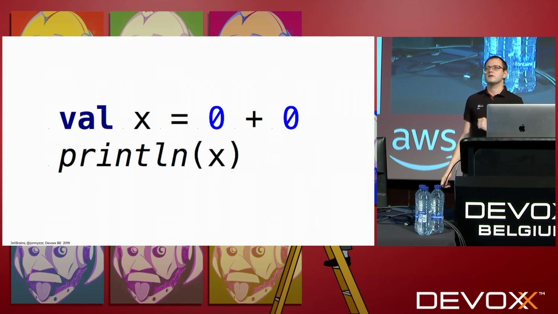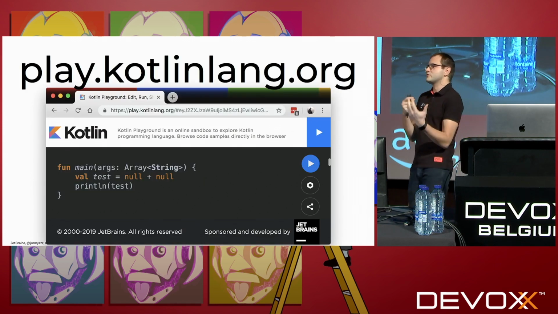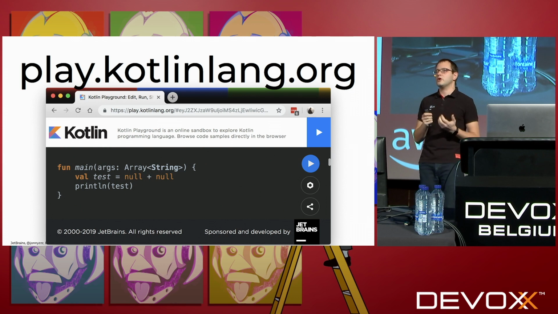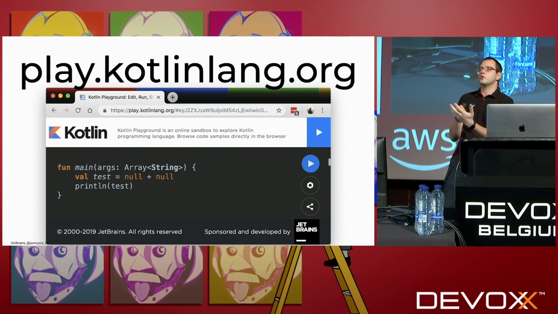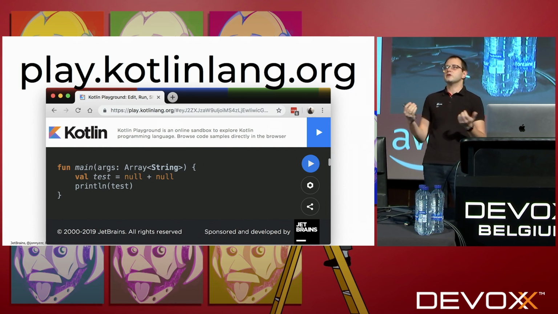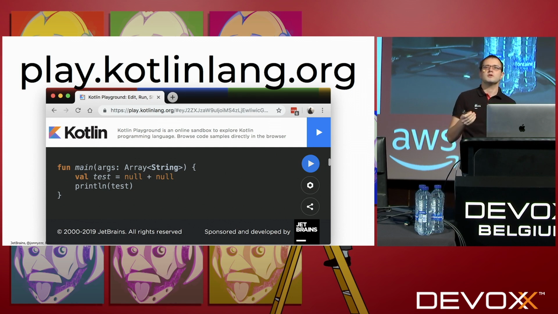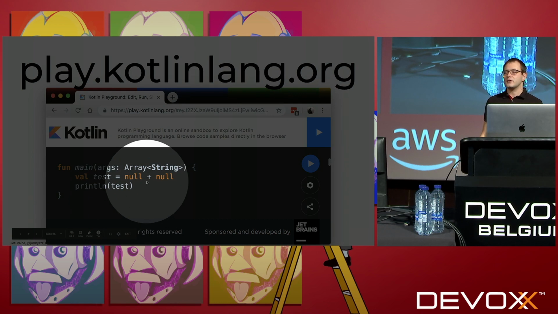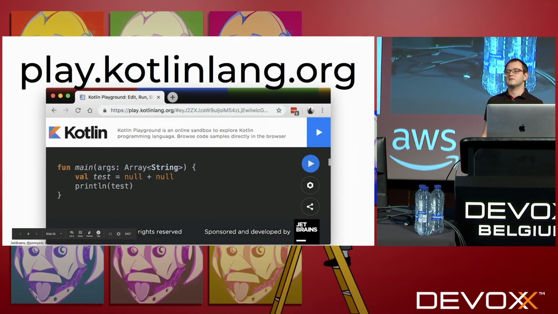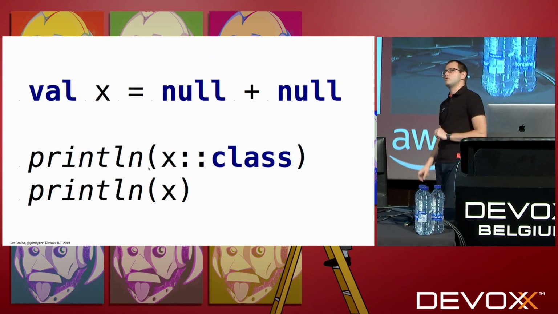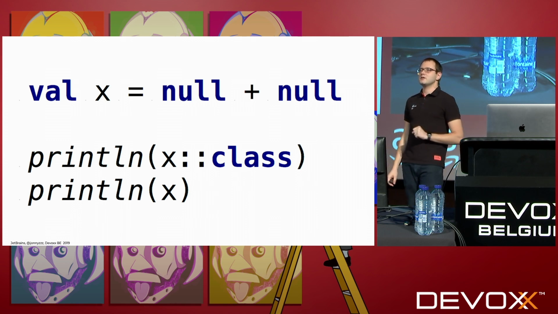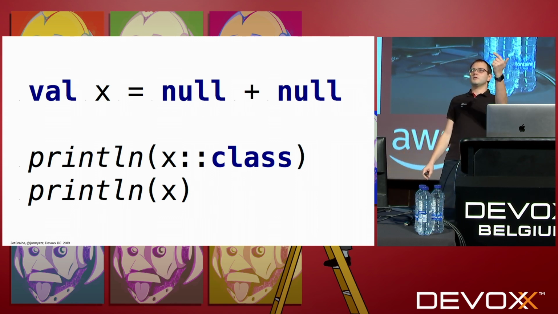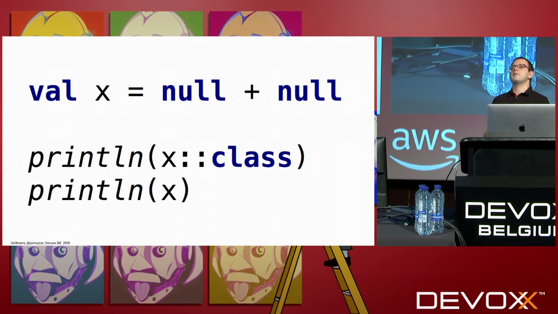What would it print? Well, if you don't know or if you are not certain, try play.kotlinlang.org. This is the website where you could type in your program to experiment with, and actually you don't need an IDE. It would work even from a cell phone. And if you see clearly, I've made a mistake here on purpose. So this is a real one for warm-up. The question is, will it work? What will it print? Well, let's debug it and explain.